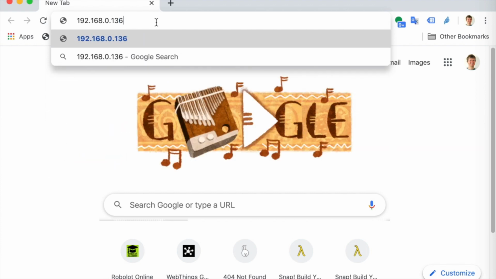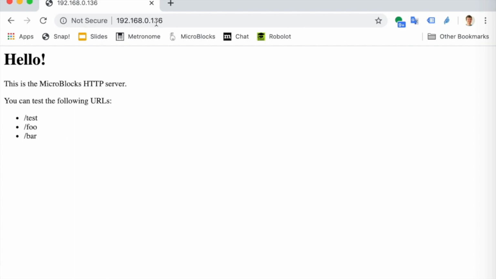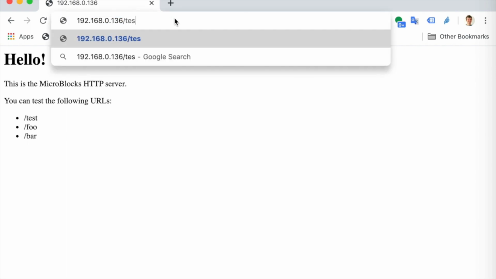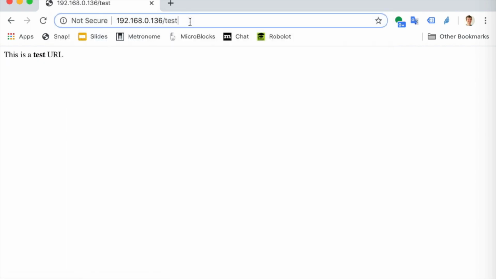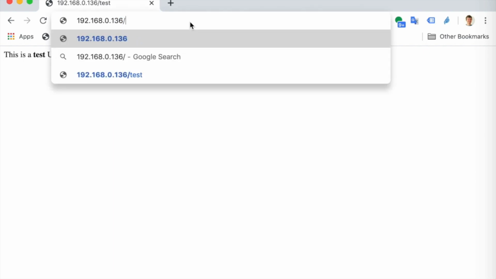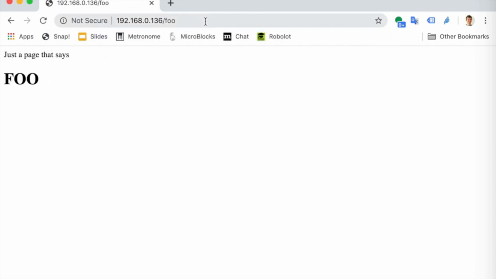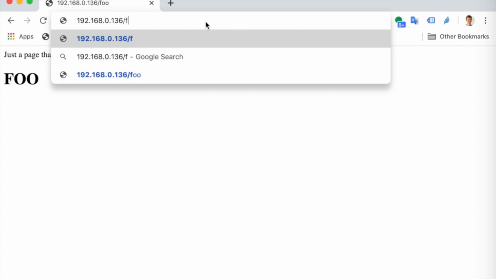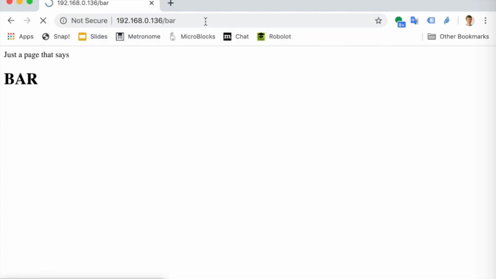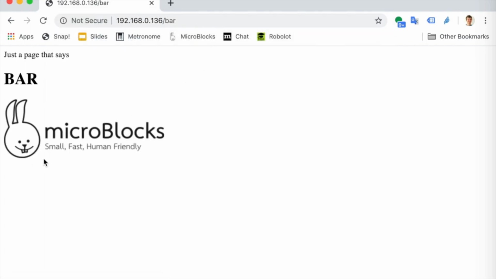I think it was 136. And there we go. We're getting this response from the MicroBlocks server. Let me try a couple of these examples. Let's try test. Okay, there's a test URL and foo. Okay, a page that says foo, that's cool. And how about bar? So here's a page that says bar and it includes a reference to the MicroBlocks logo